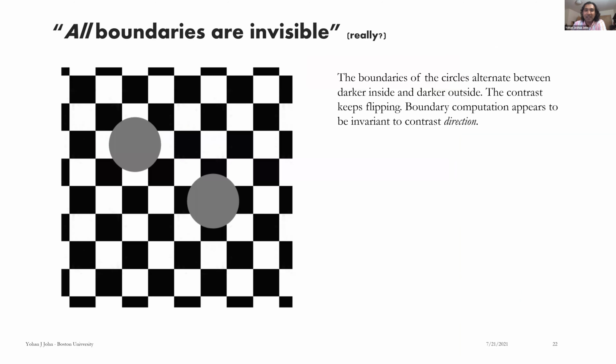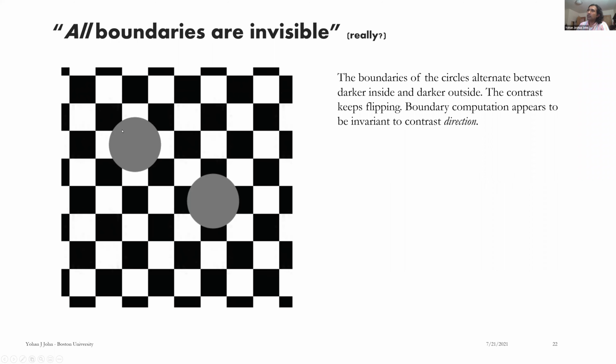Let's move on. So I like this illusion a lot, actually. I don't know whether I had actually seen it before. He uses this to argue for this idea that all boundaries are invisible, which you might think, well, I agree, Steve, that some boundaries are invisible, but really all. His reasoning is he kind of bolts it to this example, but there's an interesting kind of story to tell. So the boundaries of the circle